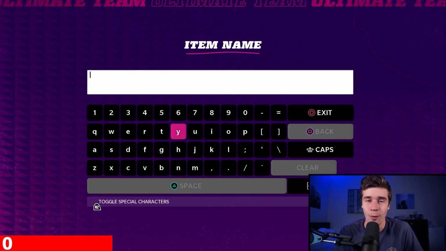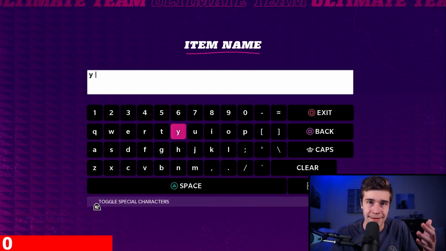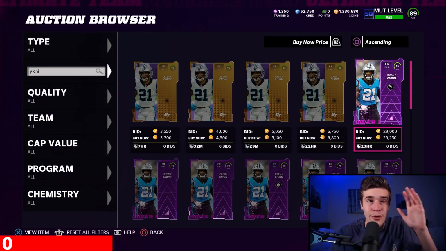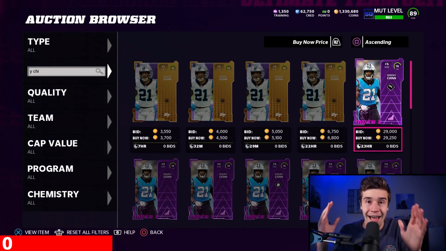As you guys know, when you do a set for a 90 overall player, not only do you get the 90, which we're going to put into the set, but you also get the power-up version of the card. And Jeremy Chin right now, as you guys will see, the power-up for this card is selling for a price of around 30k. Let's say we only get 25,000 coins on the card,